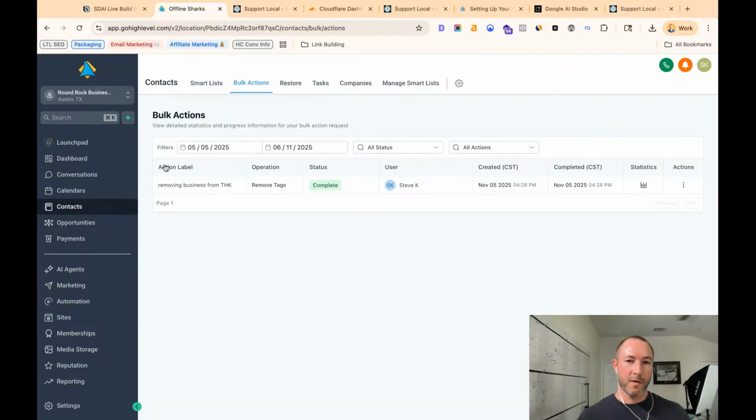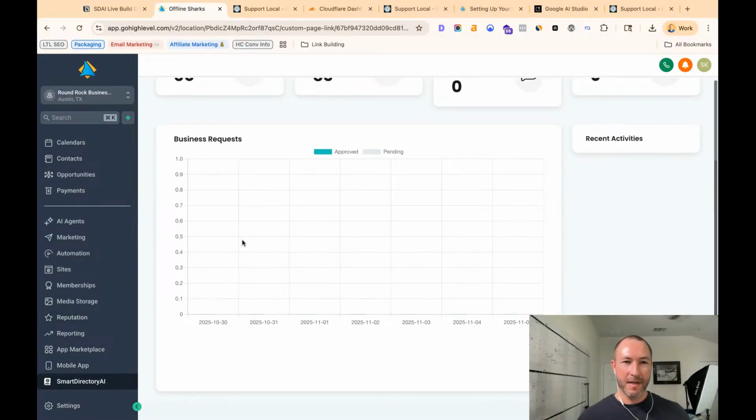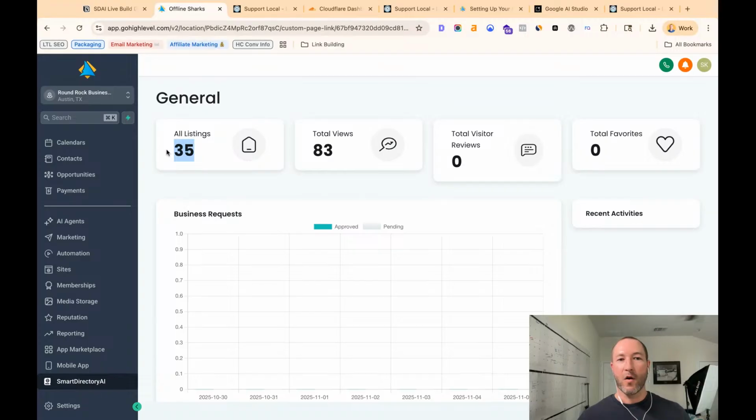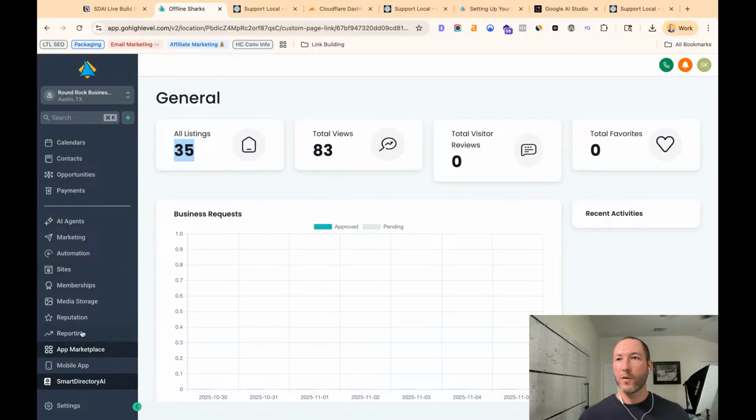You know, I shouldn't have picked something. I'm not sure what category the hidden key is. I have to look at that. Probably should have picked a restaurant or something where it's easier. So like mine, you can see all listings now are down to 35. But if I add back that same value, then it should be updated. And you're saying it's business singular and you added it. Do your other tags from the demo have,